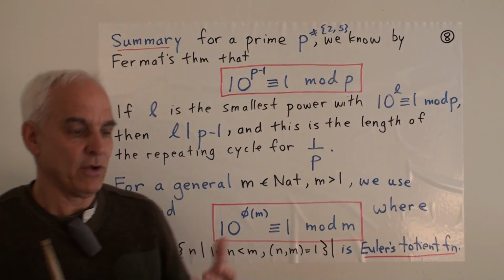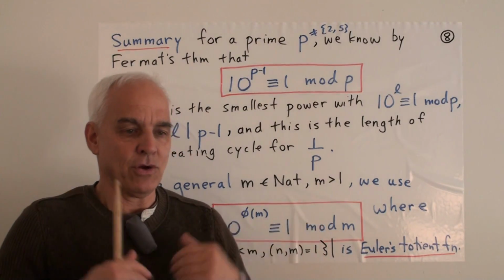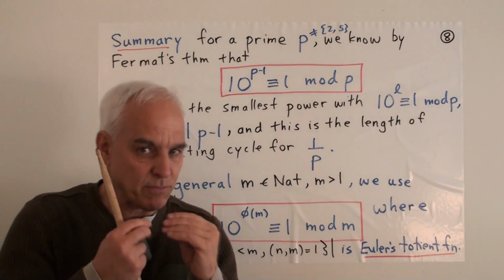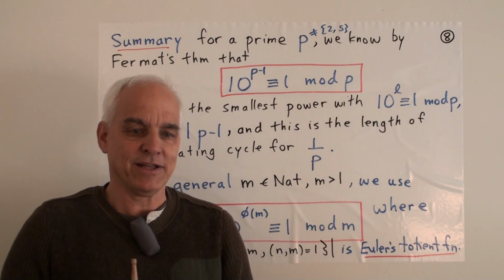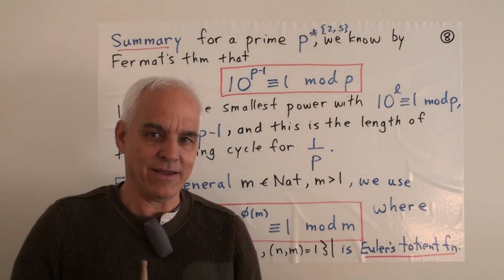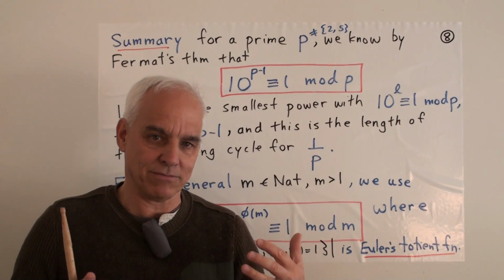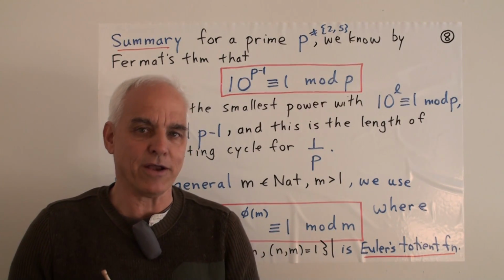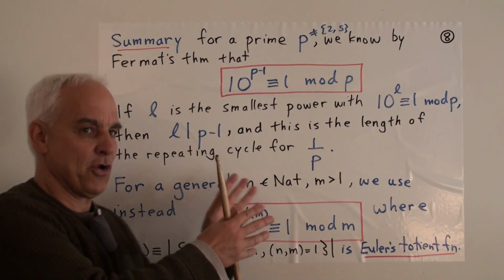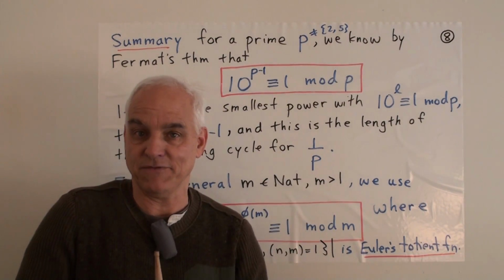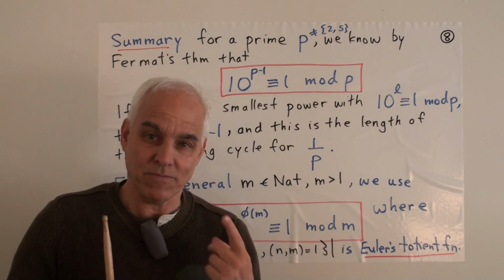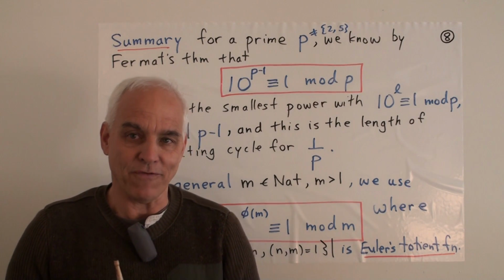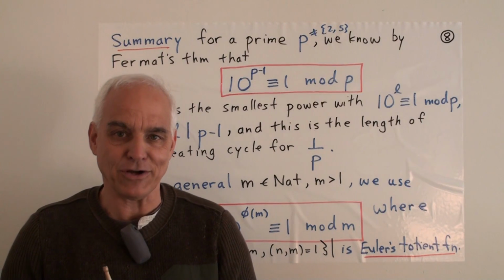So in our next video, we're going to expand on this more general aspect of things and see what happens when we divide 1 or other numbers by not just primes, but more general numbers. And we'll actually go through some computations, even with some bigger examples, to see that we can actually get our hands pretty well on what's going on here by connecting with this modular arithmetic, which is very beautiful, and ultimately to Euler's insight into the very, very crucial importance of this particular number theoretic function.